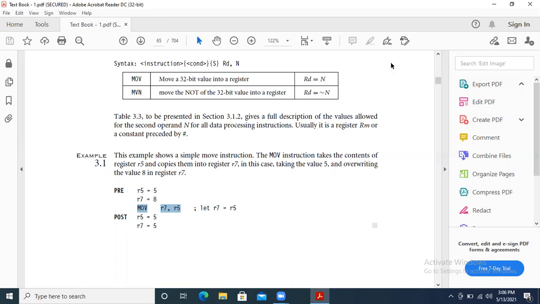Okay, so you should first fix which is the source and which is the destination here. In this example, I fix R5 as the source value and R7 as the destination. That's why I'm getting the answer as both 5 and 5. Suppose if you change it, making it R5 to R7, then both values become 8 and 8. That's why the move should always depend on which is the source value and which is the destination value. Okay, so this is regarding the move instruction here.